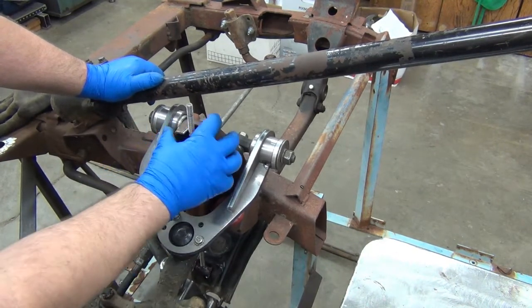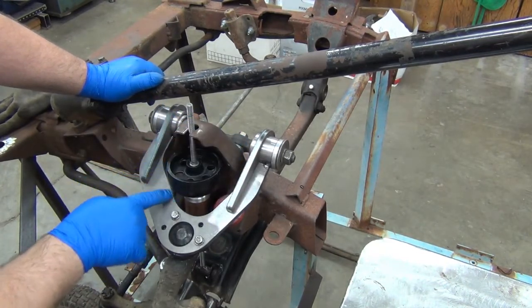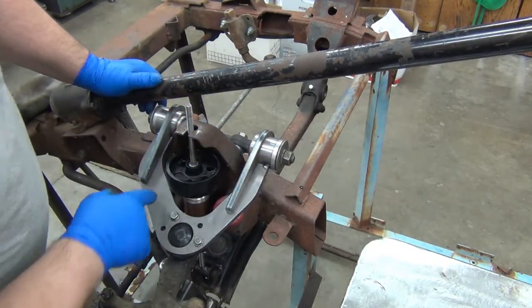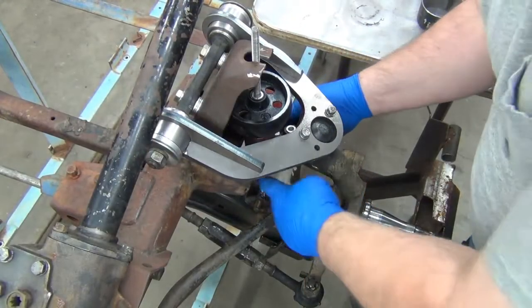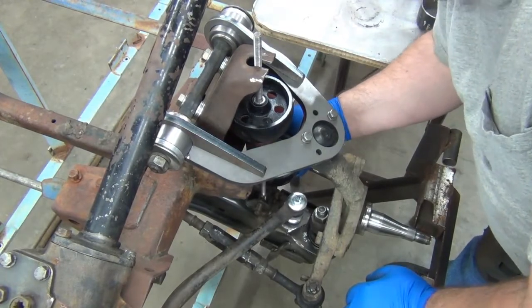And if they are going to modify this, they can push it out or pull it in a little bit, but you know, they'll have to worry about the arm. It's close. I think if this went all the way back in like it's supposed to, it would clear, but I can't tell for sure right now, so I'll have to mock it up on the other side and see what happens. Well, without even mocking it up or taking this apart, I can just eyeball this in there and